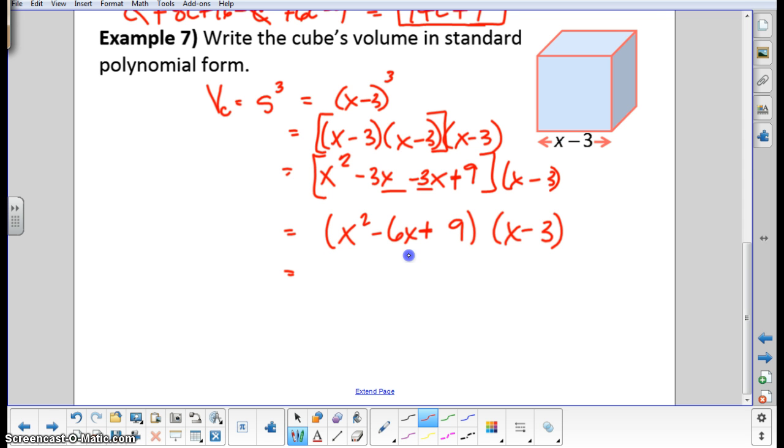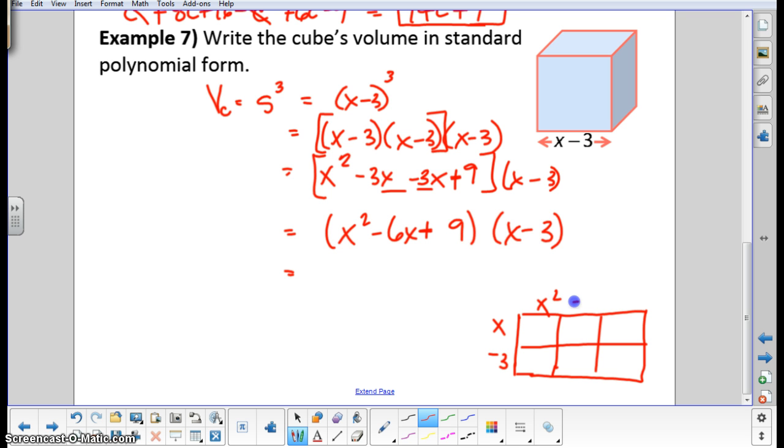Okay, now we're going to do the extended monkey, or do you want to do the box? I think maybe I want to do the box because that is a powerful tool to me, particularly when you get a whole bunch of polynomials or polynomials with longer terms. So this is an x and a negative 3, x squared minus 6x, and then a positive 9. So this is x cubed